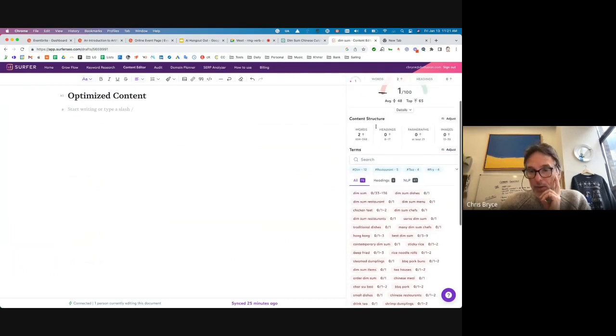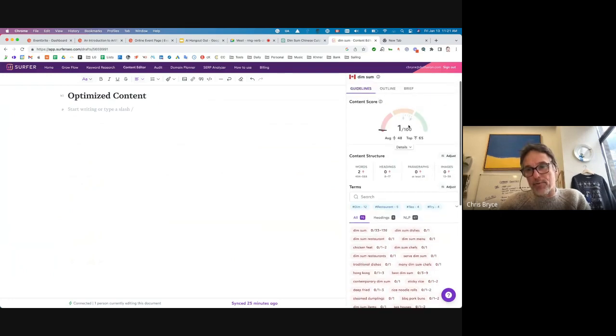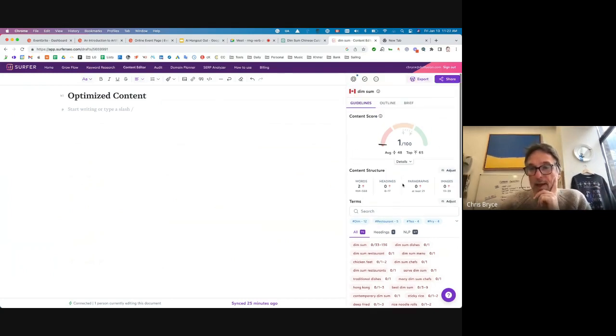Down below are the key phrases that Surfer's plucked out of competitors and is giving me a guide to write against that to improve the overall content score. We generally shoot for kind of 85 to 90-ish. We don't want to over-optimize the content, so we're kind of dancing with Google. Ultimately, we want to make sure we're providing good value and information to people. That's kind of what Google cares about most.